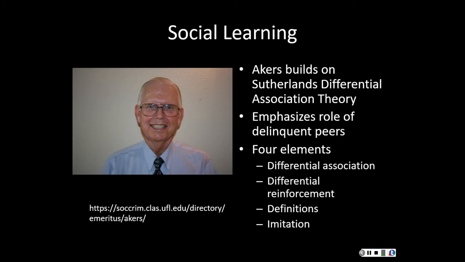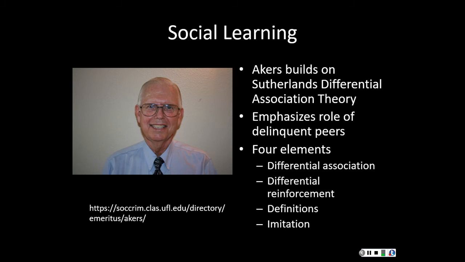The last theory I want to talk about is social learning theory that was invented by a gentleman called Rob Akers. I want to let you know that's his picture up there. He is still living. But what you need to know about this is he builds on something called Sutherland's differential association theory. Again, Sutherland isn't our main issue here. What we need to know is Akers emphasized the fact that crime was a social process, all right? And important in that process were the people around us and the influences they gave us. A very bad influence that can definitely lead us into crime, according to Akers, is the role of delinquent peer groups, where if our friends are doing things that are not right, it's more than likely that we're going to do things that are not right.